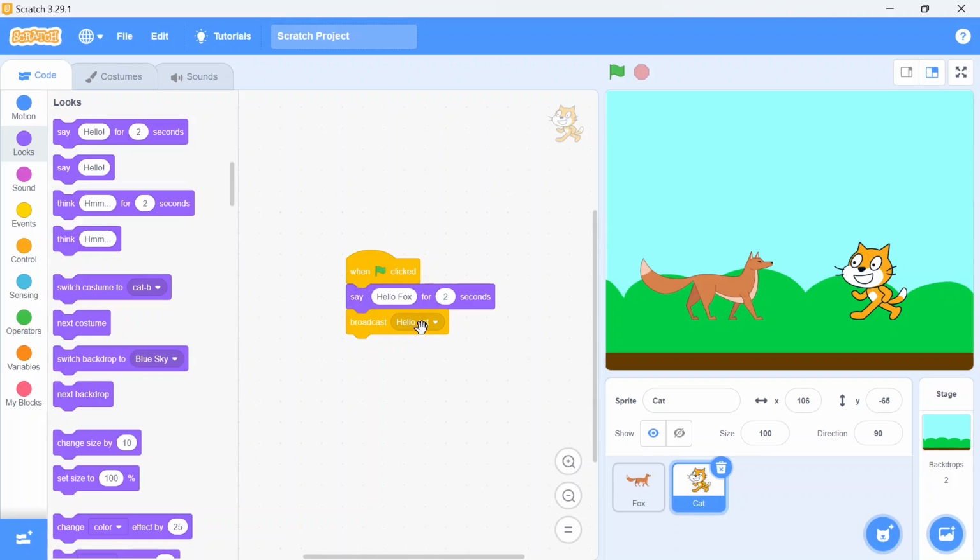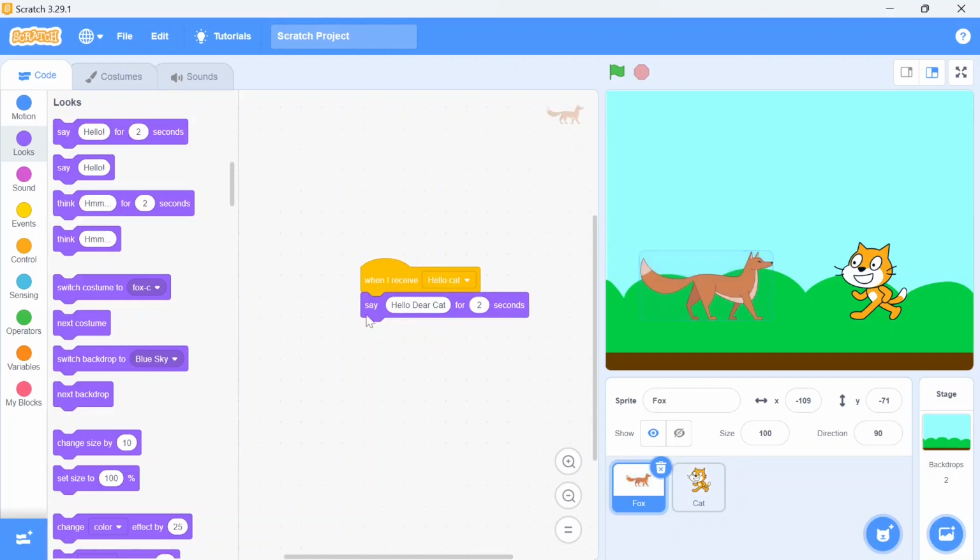This broadcast message is delivered to all the sprites available on the screen, and whenever a particular sprite has this "when I receive" block for this particular broadcast message, the action connected with that command block will run when it receives the message written in the broadcast. So on the basis of that, the "when I receive" and broadcast command blocks work.